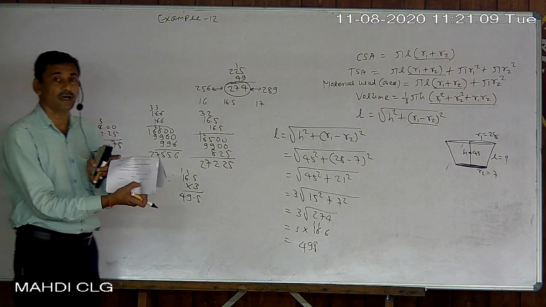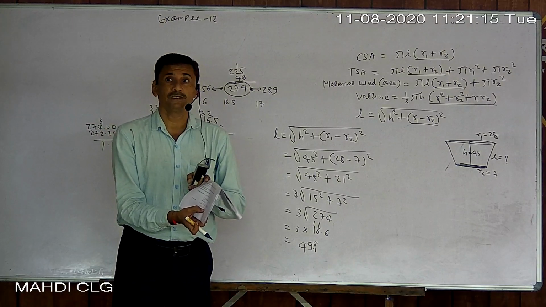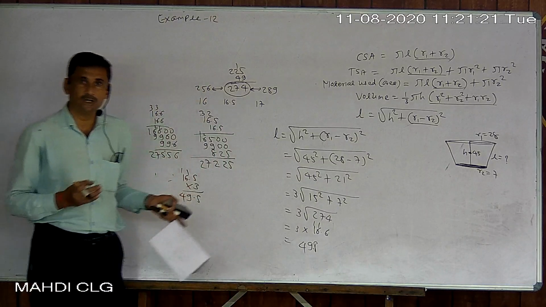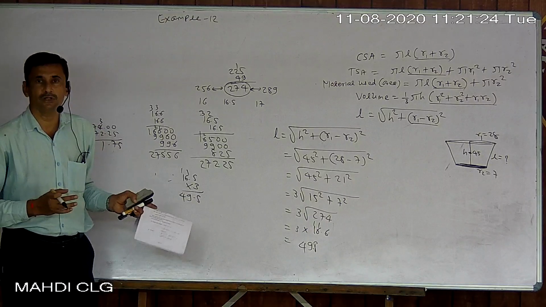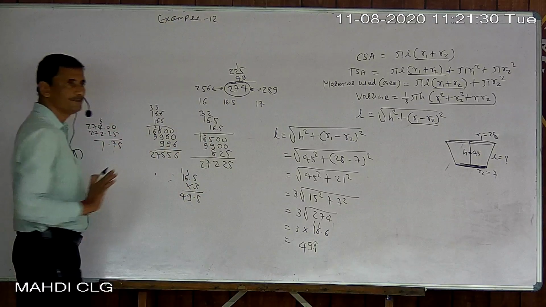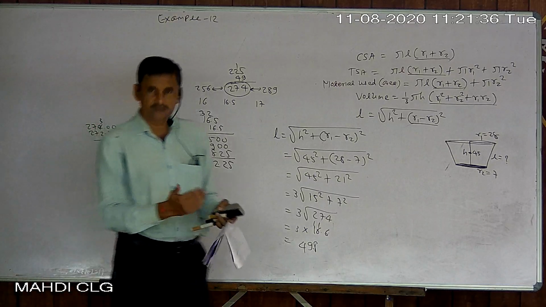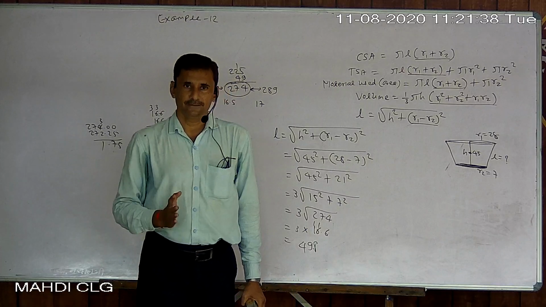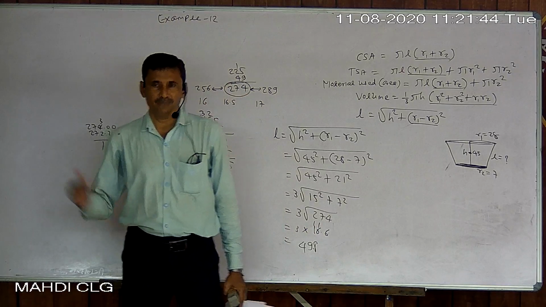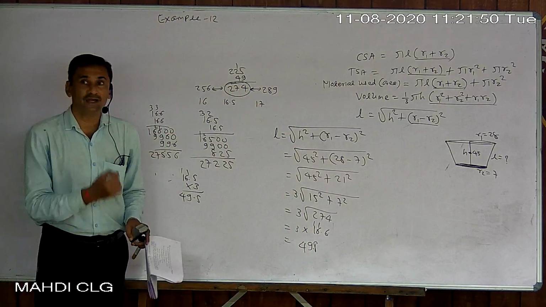Okay. Their measurement is exact. Why? They might have used a calculator, otherwise a log table. We don't know. So they must give this type of value, but by chance it is not given here. Either they forgot, or purposely they did not. Just try that way. Otherwise, if time is left after discussing the remaining, I will try to explain the method of finding square root. Okay, because in example 1 and example 12 both, that is required.